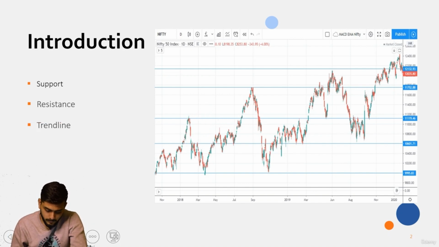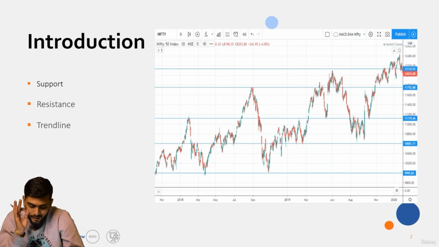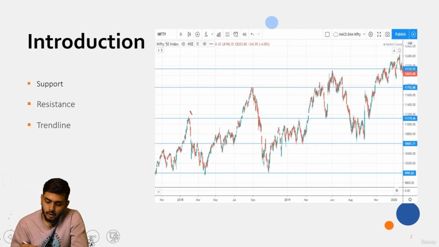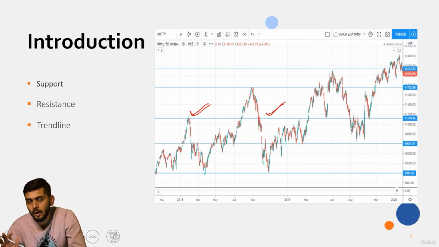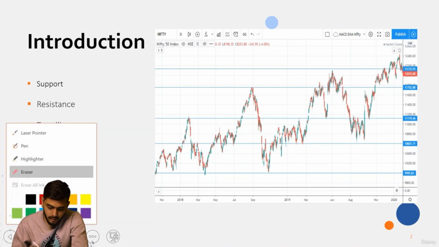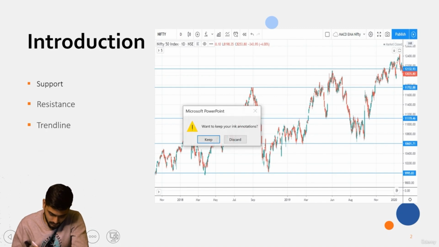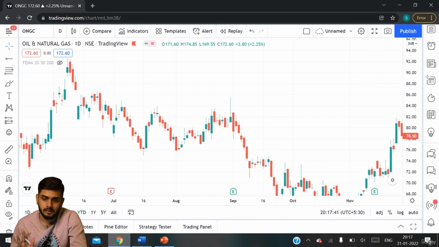Before we go on, we also need to understand that to have a proper trend line, there should be at least two touches. Just keep in mind, we'll get to that later. There should be at least two touches to form a proper trend line. If we get two touches, automatically we will get three or more touches. Now what is that? It's becoming a little complex. I'll explain what actually that is. Now that we have understood that we need to see two touches,